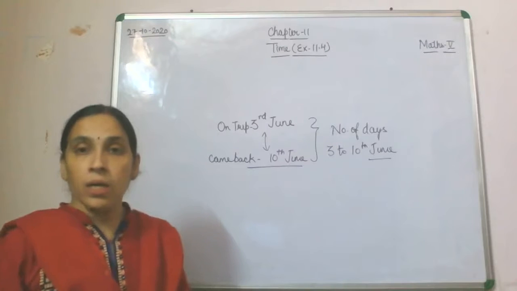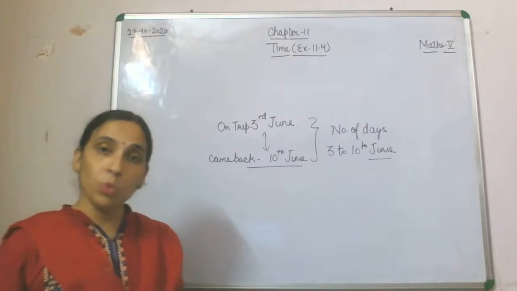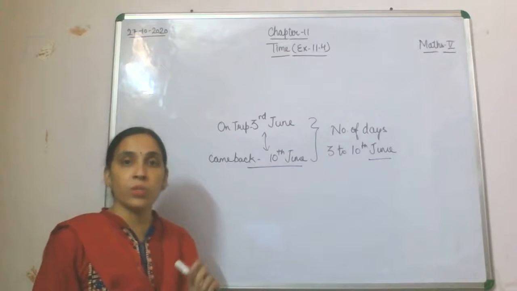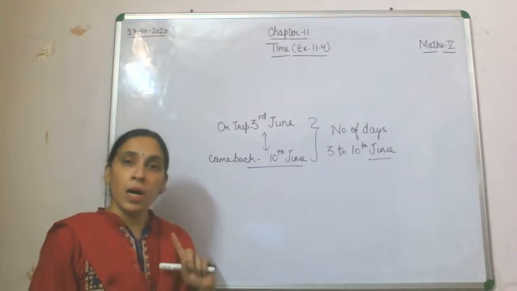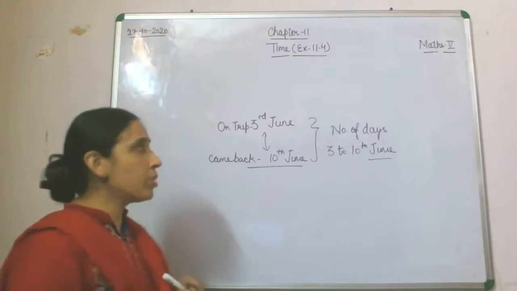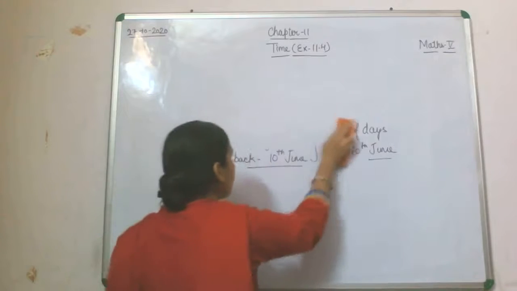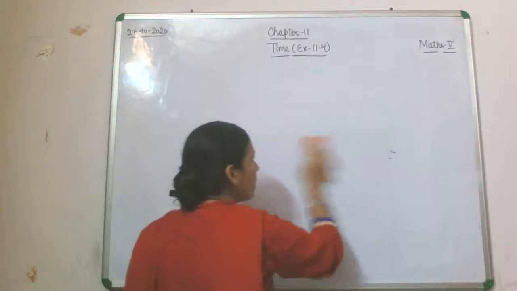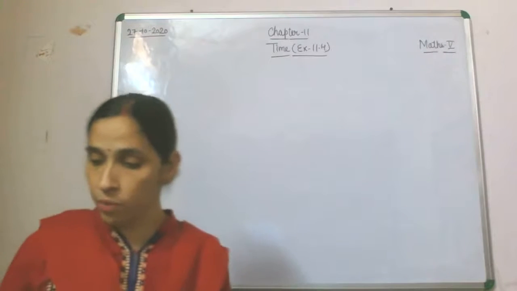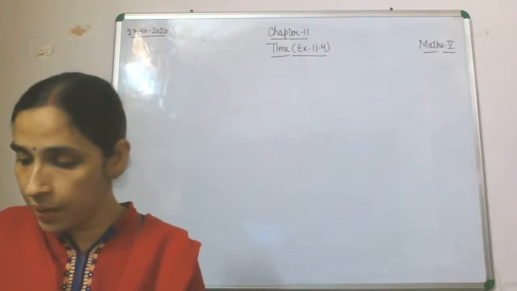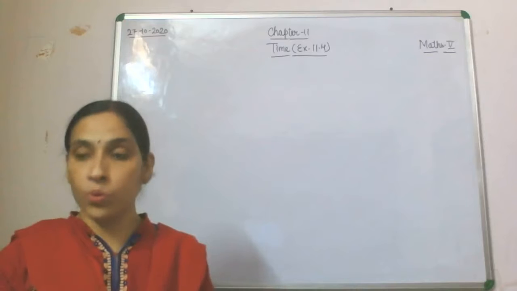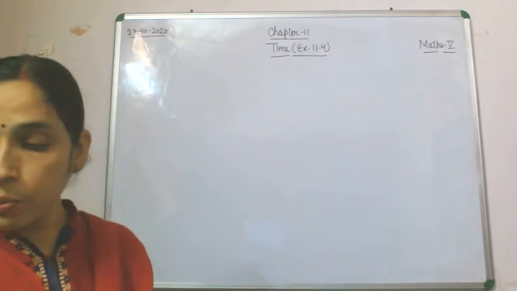Now children, we will do examples 3 and 4 from your book related to exercise 11.4. After doing examples 3 and 4, we are going to take questions from exercise 11.4. Already a few questions we have done from that exercise, till question 4. Now we'll start with example 3.